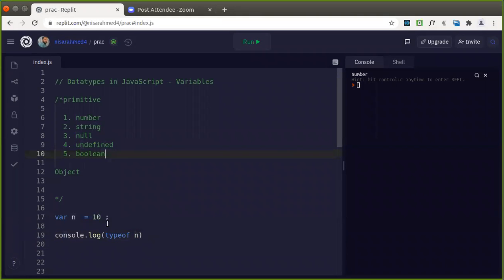Fine. Now, what are the operations you can perform on numbers? Suppose you are giving decimal values like 4.5, it's also a number. You can check it out. Decimal values you can also store, having the integer part as well as the fractional part. Such things you can also store using number.